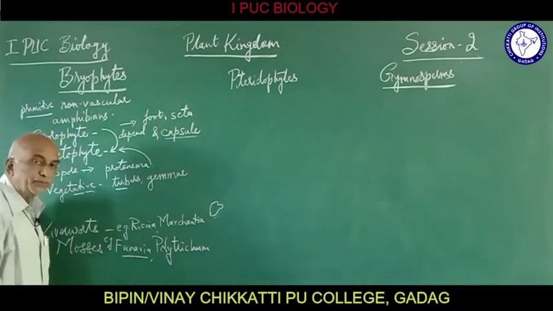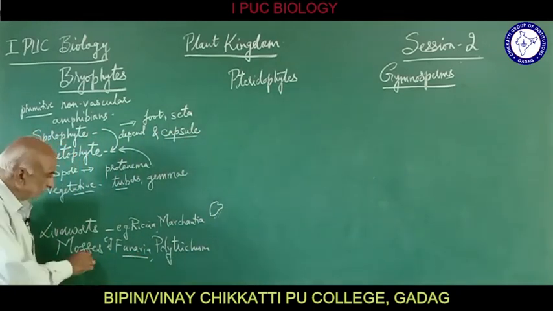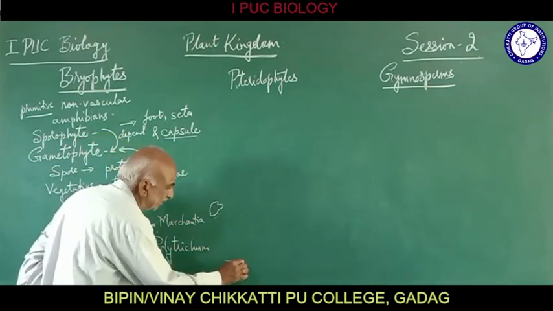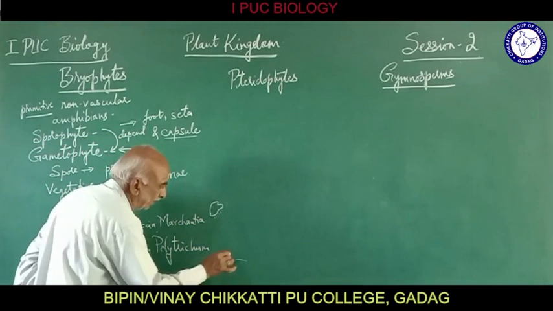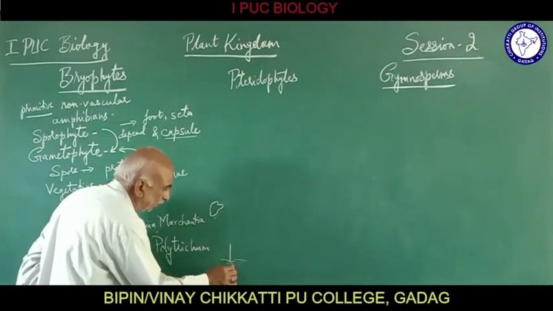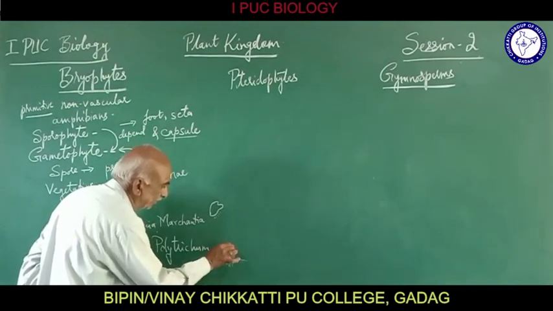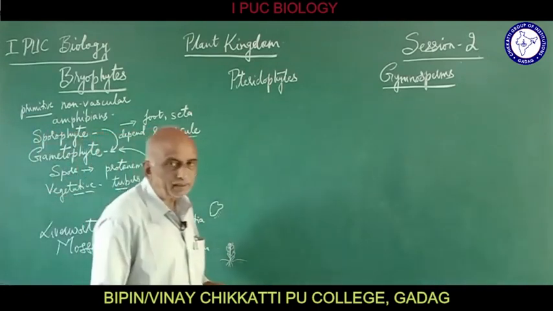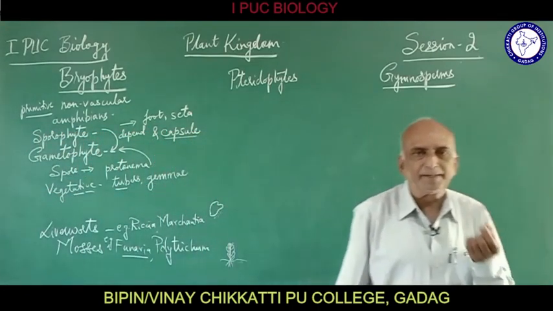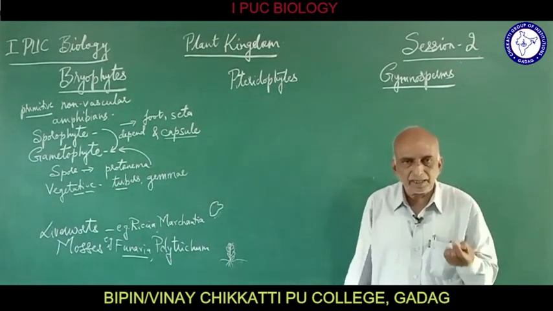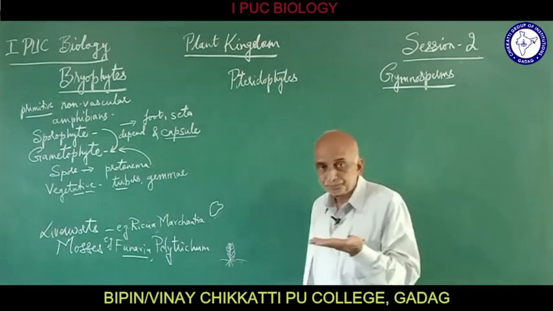Then in the Funaria plant or the mosses, when we study the plant, these are slightly more developed. Suppose this is the soil. In this we come across a stem-like structure, and there are root-like structures, and there are leaf-like structures like this. So this is how the Funaria plant actually looks. It is a very small plant, a few centimeters in length on that soil.